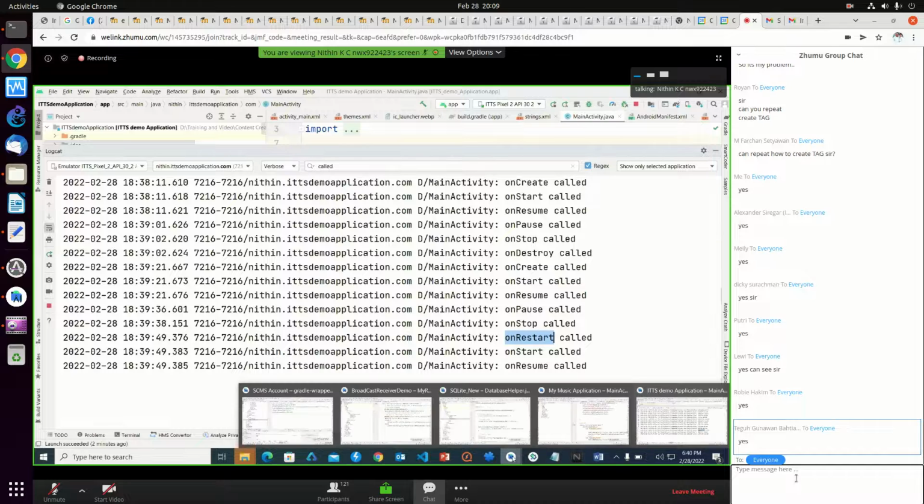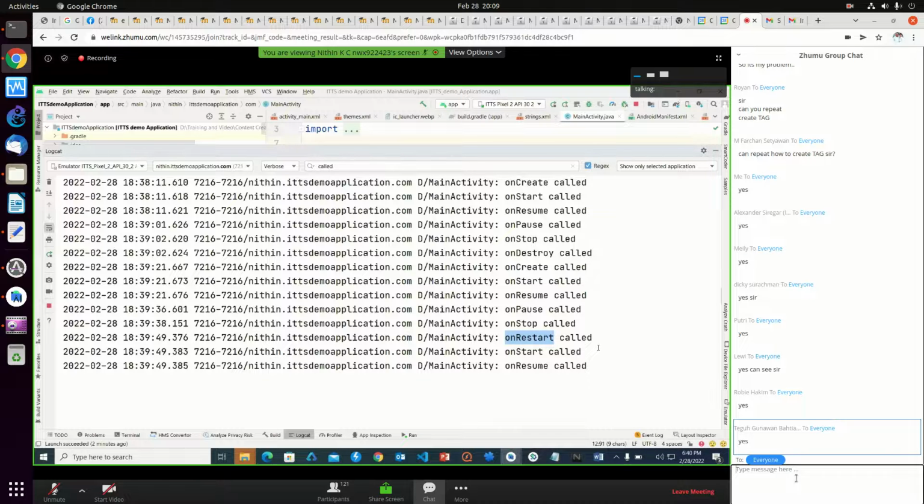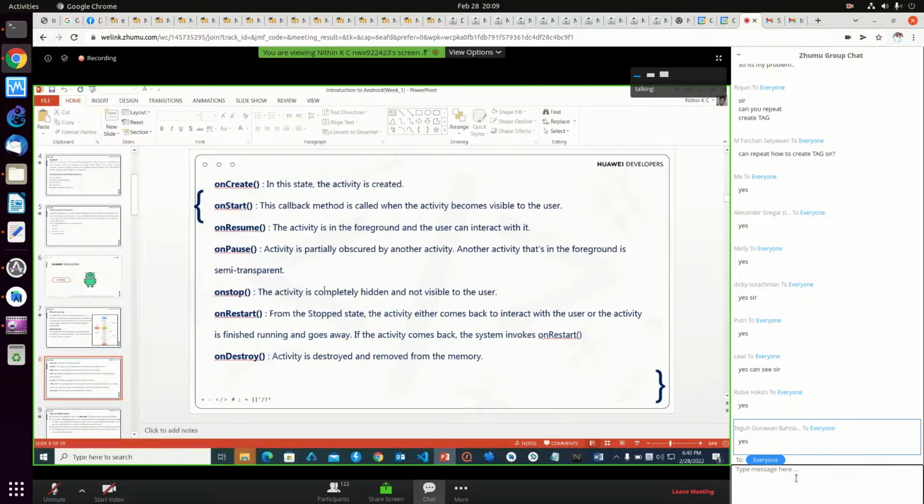So I hope you got some basic idea about the different life cycle methods, and when it will lead to on restart, when it leads to on stop or on destroy, like that. That is actually mentioned here in this slide. Anyway, we'll share this PPT with you on Facebook, then you can learn from it. Okay,